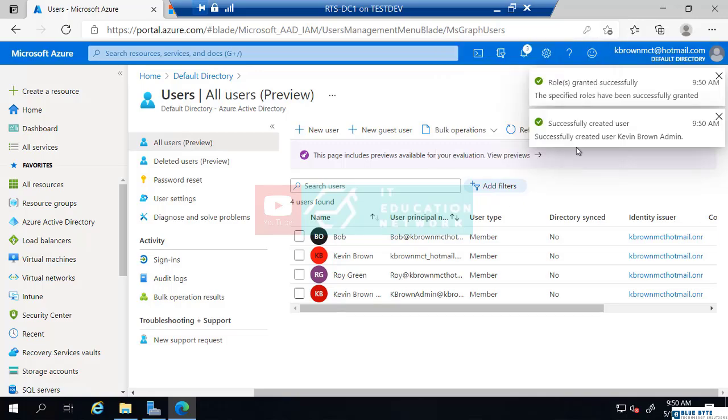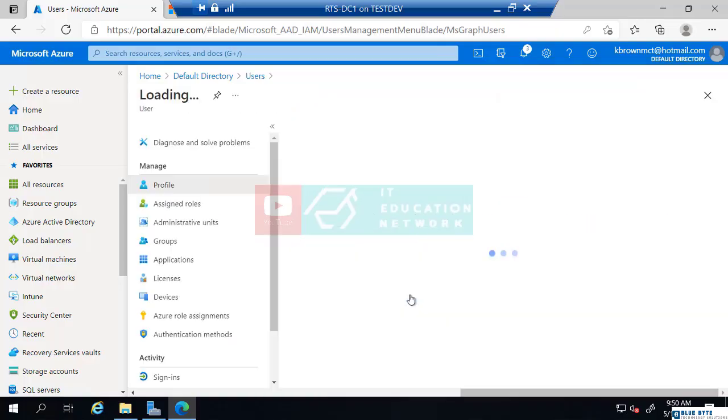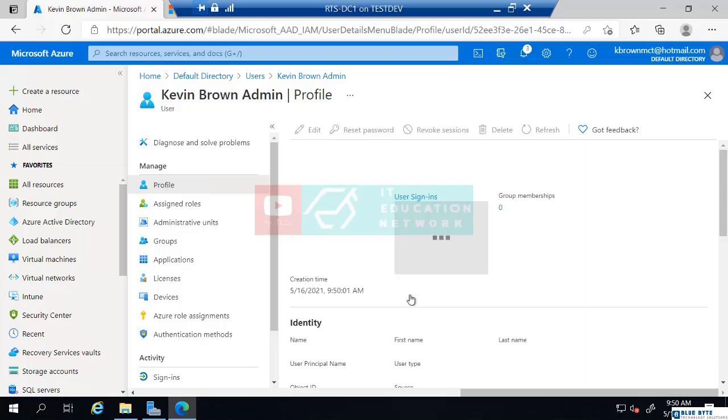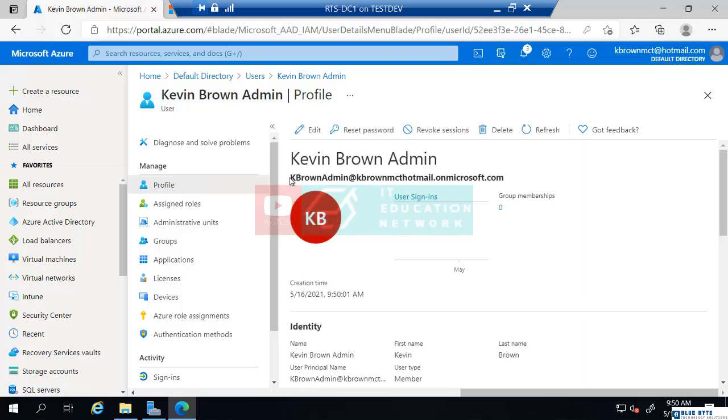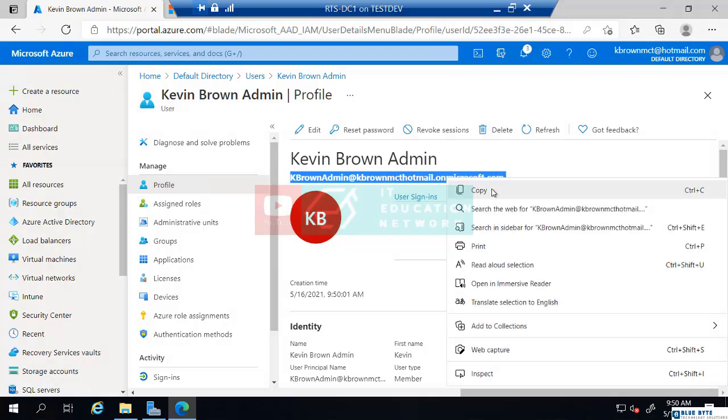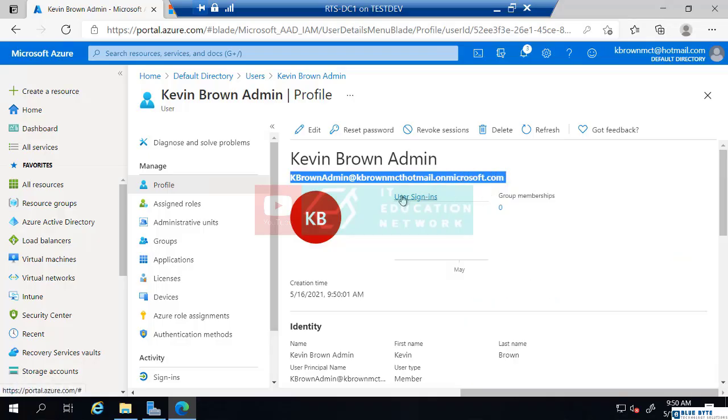It is going to force me to change that password the first time I log in. So what I'm going to do is click this KBrownAdmin. This is the username. Yes, it looks incredibly weird. I'm going to copy that. My email address that I use to create this account is